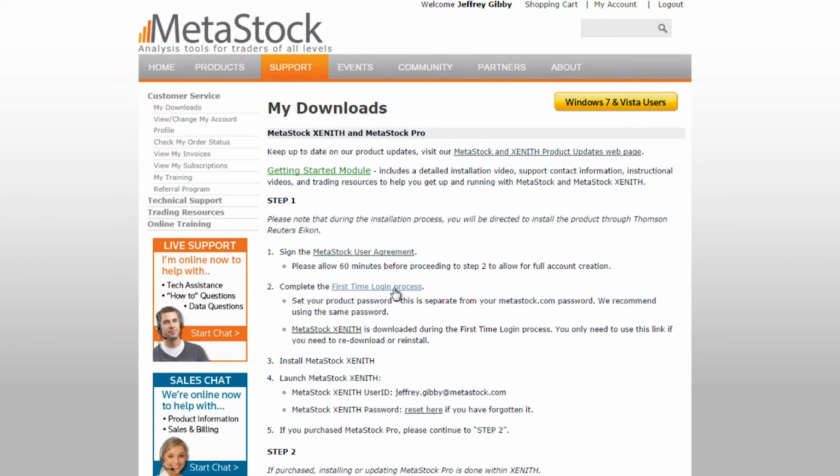Now that it's been an hour, what we need to do is come back to the My Downloads page. You'll notice that the options have changed for us. So there's sign the MetaStock user agreement. You don't need to worry about that because we've already done that and we've waited an hour. Now what we want to do is move to step number 2, complete the first time login